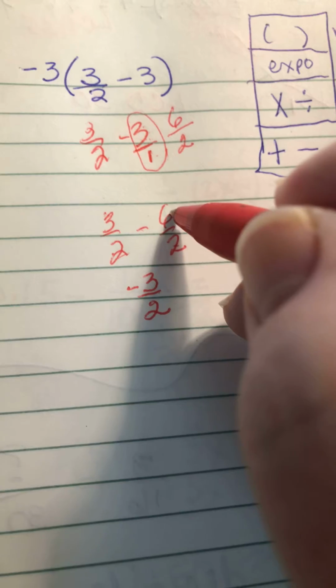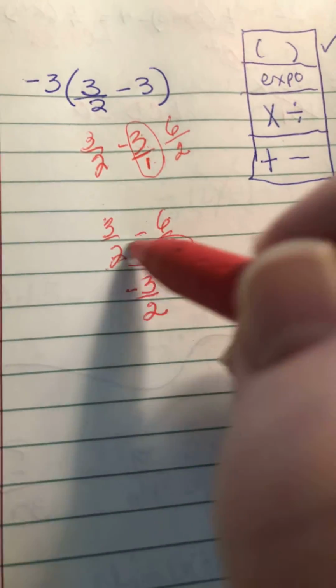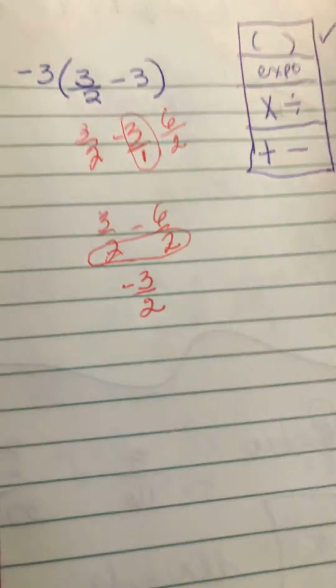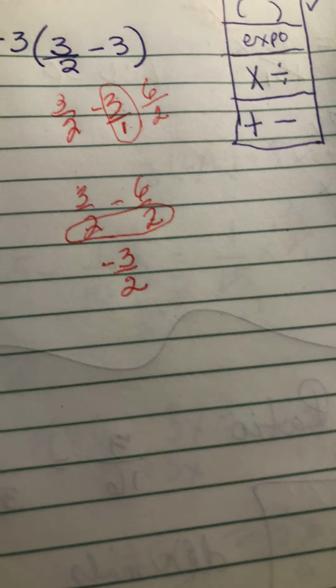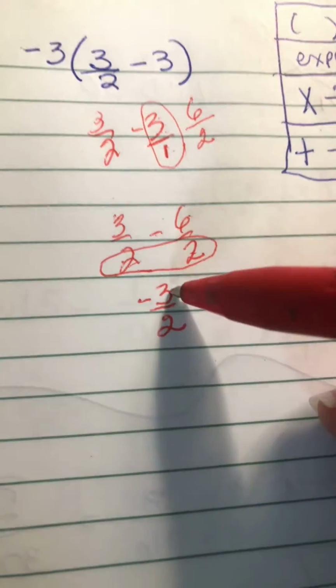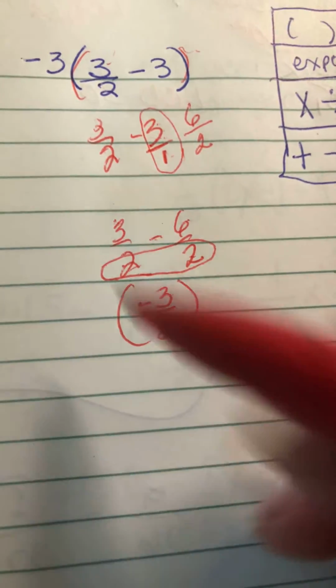You add or subtract what's alike, but what's alike stays alike in the answer. So we add alike denominators. We add or subtract fractions that have alike denominators, and then in the answer, the denominator still has to have that answer. So now that we've got the inside here and we know it was a negative 3 halves, now